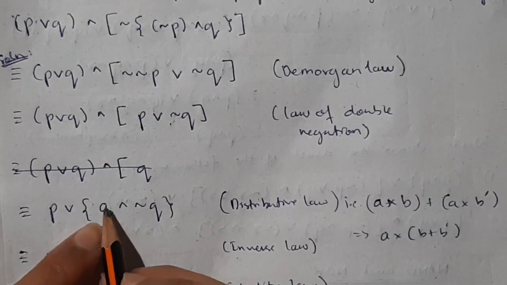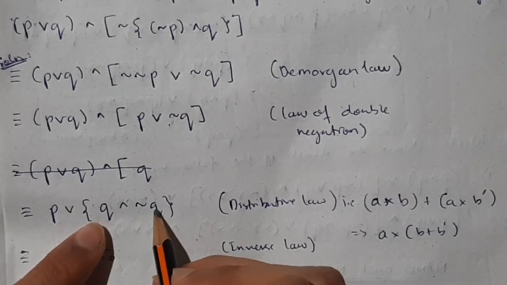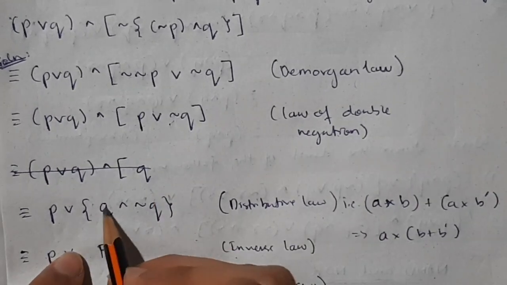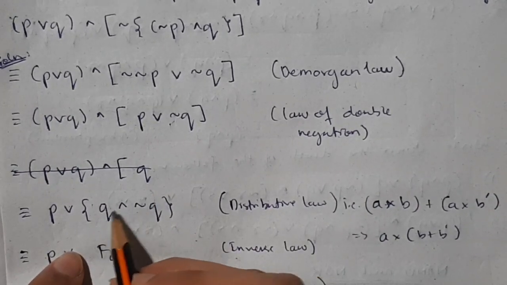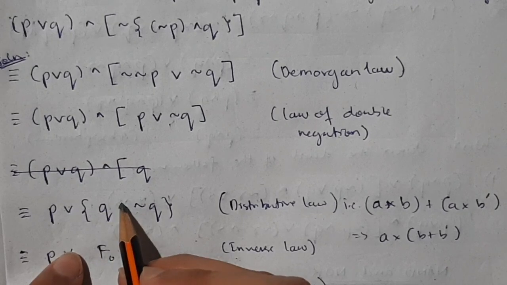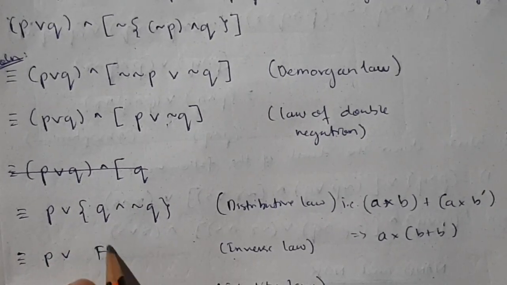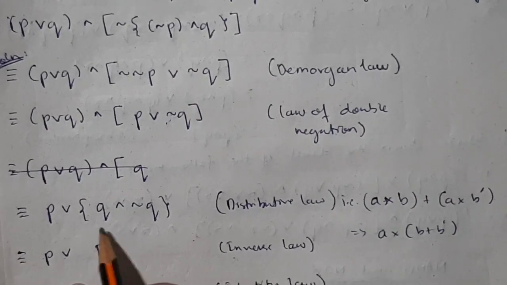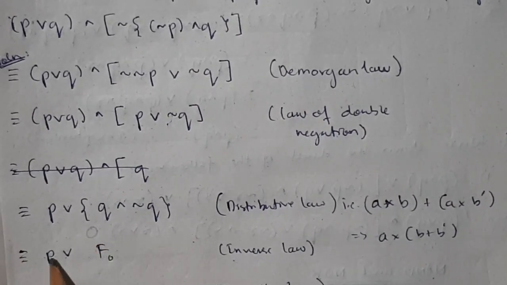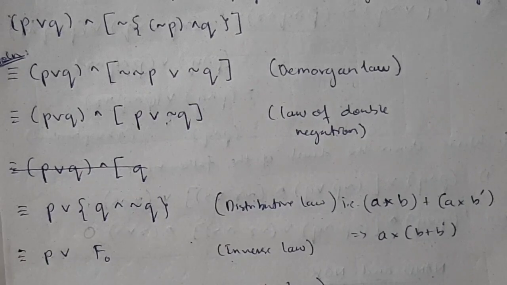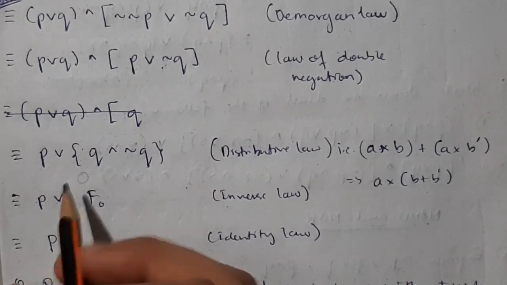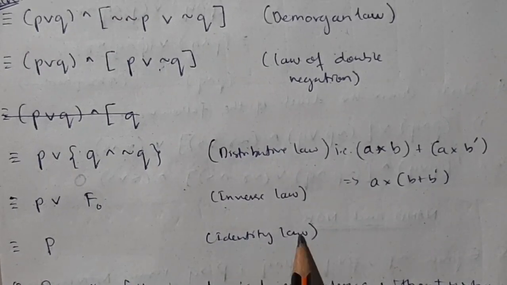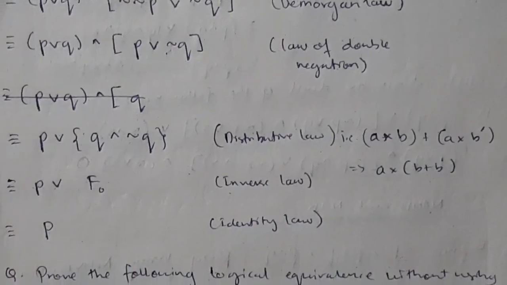See, if you take the value of Q as 1, you will get this as 0. If you take the value of Q as 0, this will be 1. So in any case, either of these will be 0. So in an AND gate, if either of these is 0, the answer is 0 only. So in all cases, the answer will be 0, so we will write here F, meaning false. Then you have P OR false. False means 0. Now see, in an OR gate, if you have 0 or something, the final answer will be P only. Why? The final answer will depend on the value of P. Okay, so that's the identity law. So in this way you have to simplify.